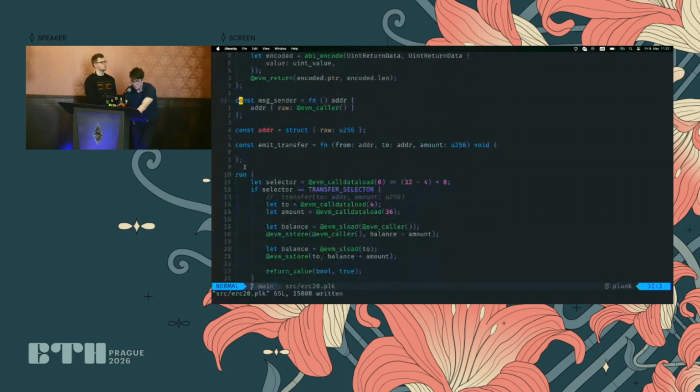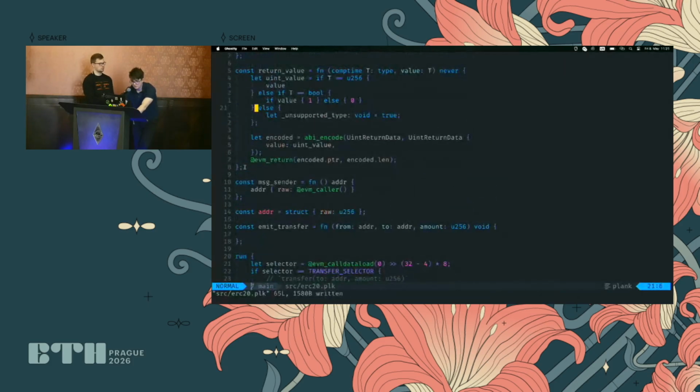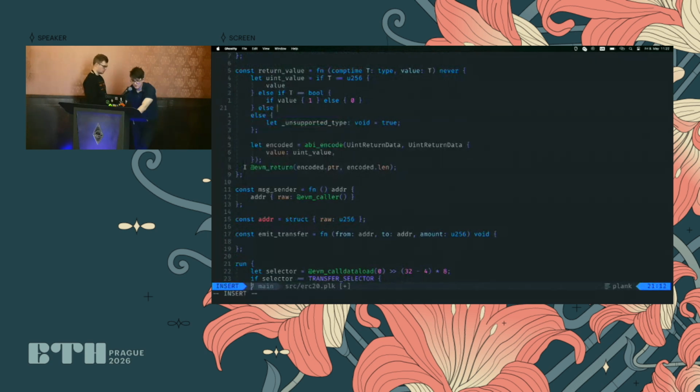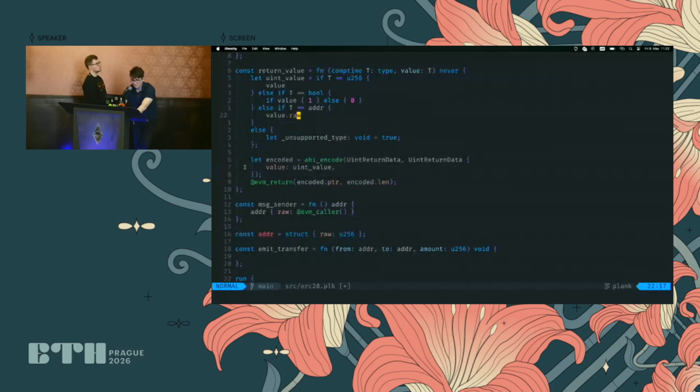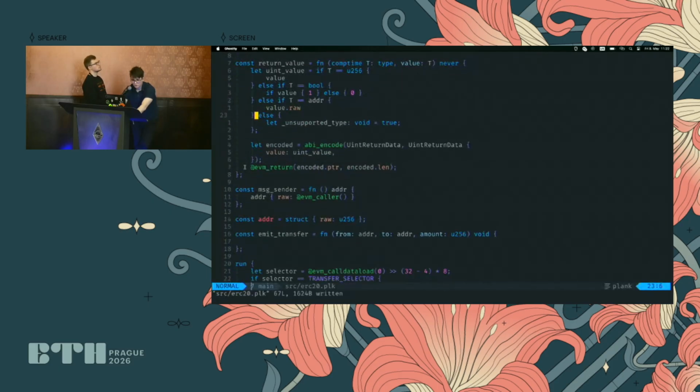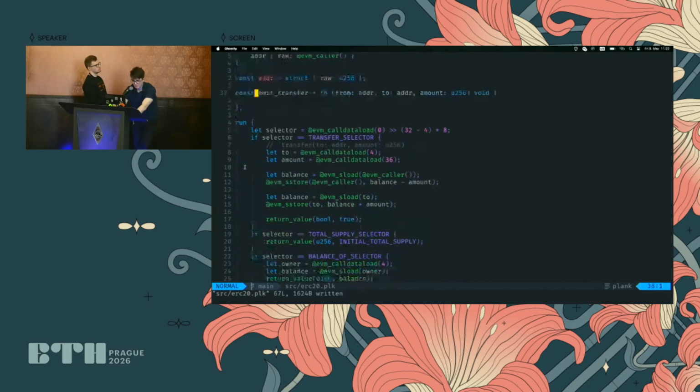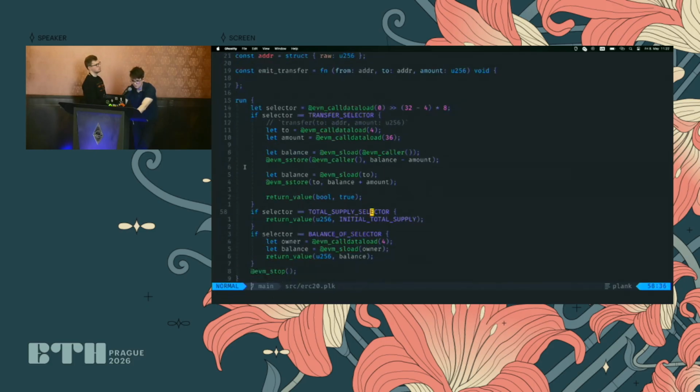And then we can actually also add it to our function here, so that we don't even need to change that. So if it's an address, we just say value.raw. And we've successfully extended our one function. So now we can actually change that here as well. I mean, here maybe it's cleaner to do it like this, to be honest. So let's keep that there.